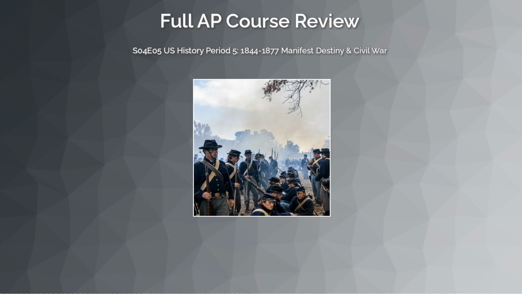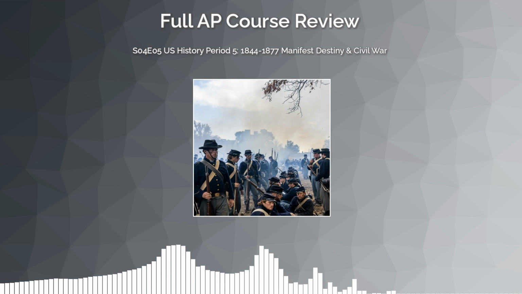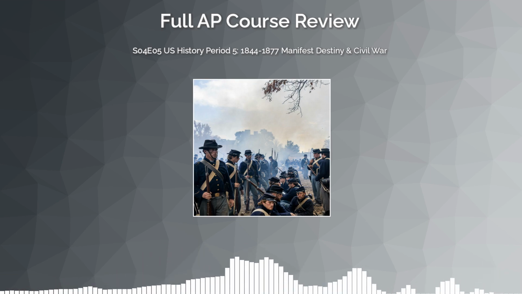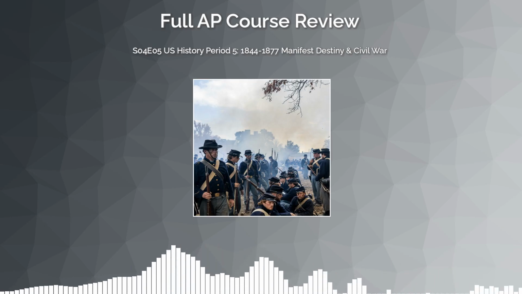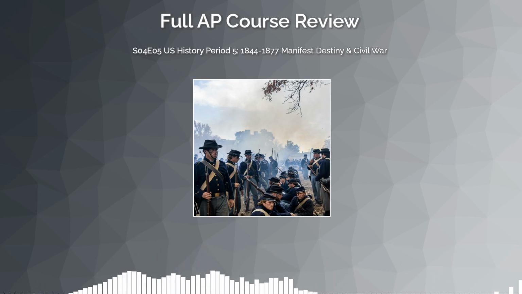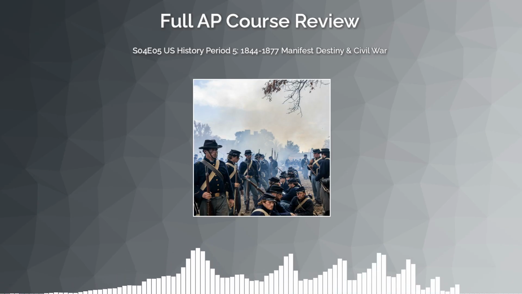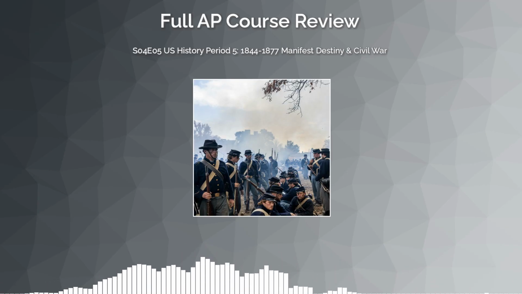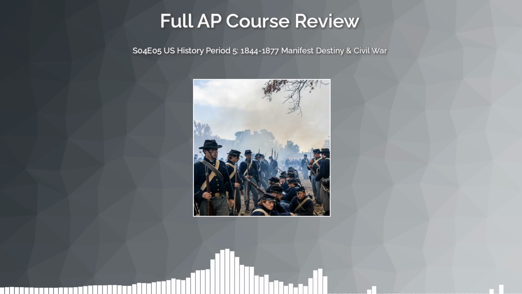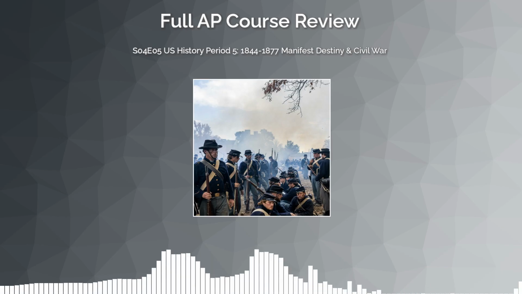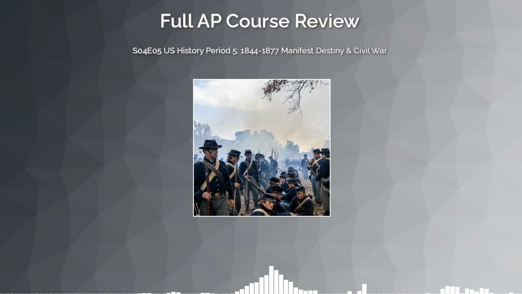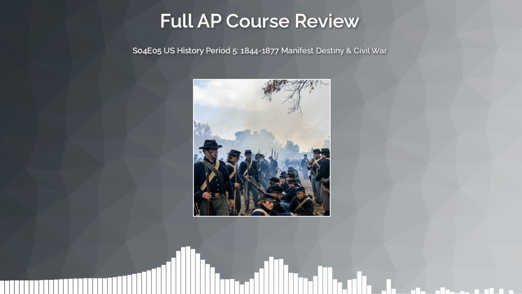The Homestead Act and the Pacific Railway Act, building a nation mid-war. Here's something that surprises students every time. While the war raged, Congress also passed some of the most transformative peacetime legislation in American history. The Homestead Act of 1862 offered 160 acres of public land, essentially for free, to any citizen who would settle and farm it for 5 years. The goal was to populate the West, create loyal free labor farmers, and undercut the Southern plantation model. It's the government saying, go West, build something, and become part of our vision for America.